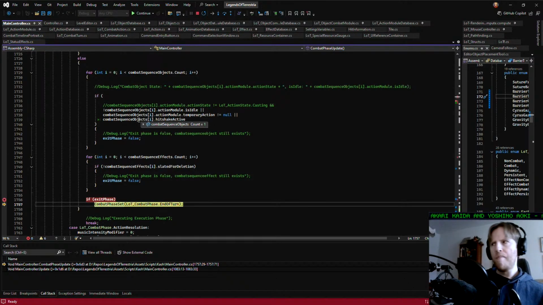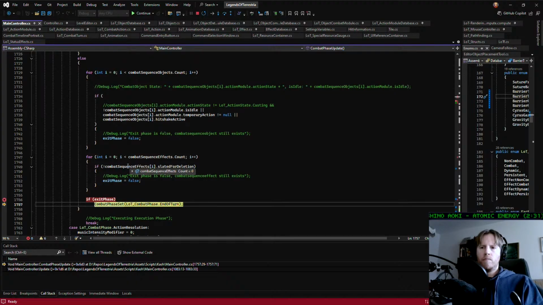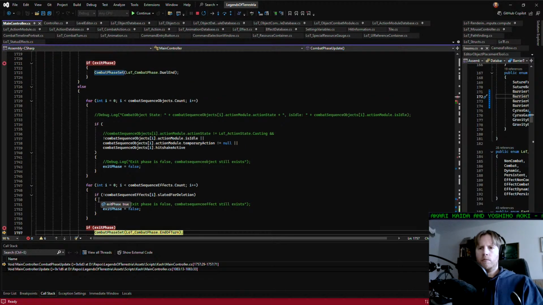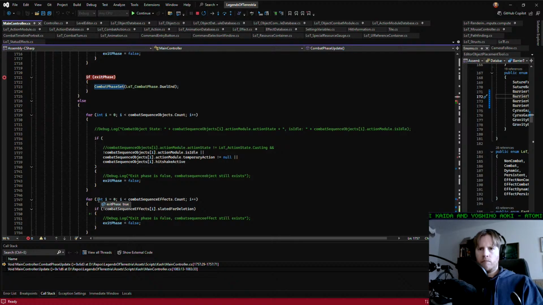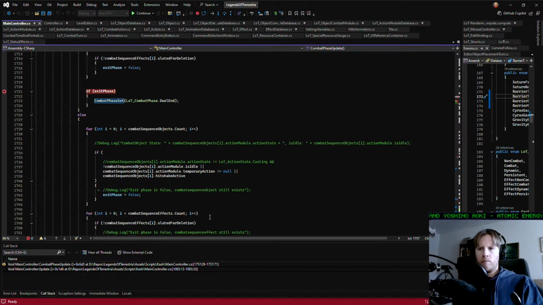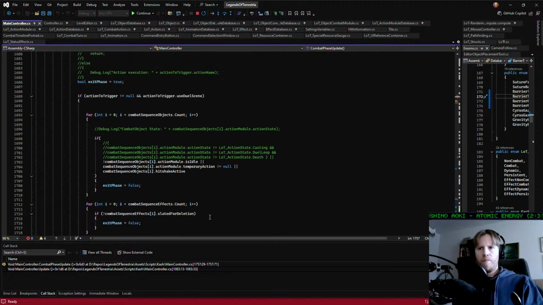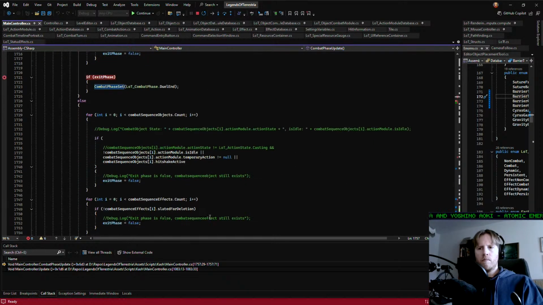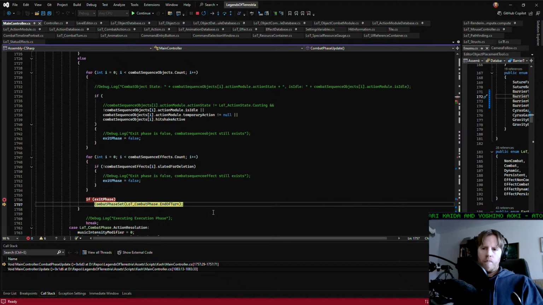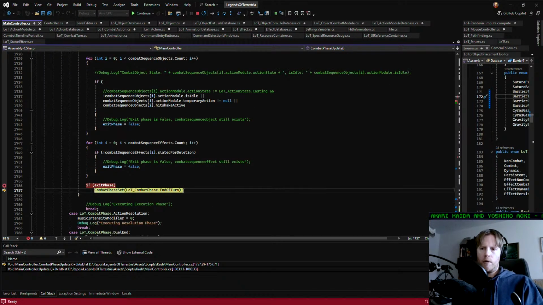But I don't understand why exit phase would be true here. Hmm? Because I haven't really changed anything here, and